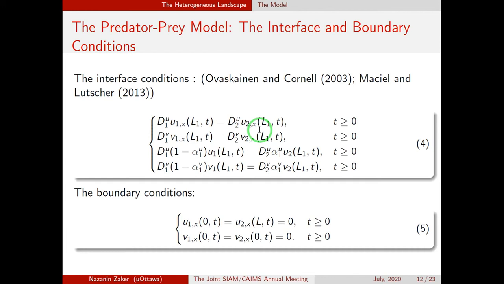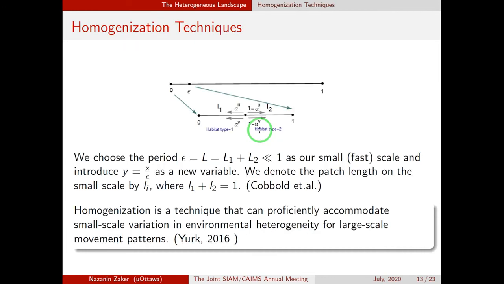So we have this setup for our model, and we wanted to discuss Turing pattern formation. But for the heterogeneous model it's not possible directly. So we use a tool called the homogenization technique to find the homogenized model, which is pretty similar to the homogeneous model. To do that, we consider two spatial scales. We have a slow or large scale spatial variable for our original model, and then we have a fast or small scale spatial variable